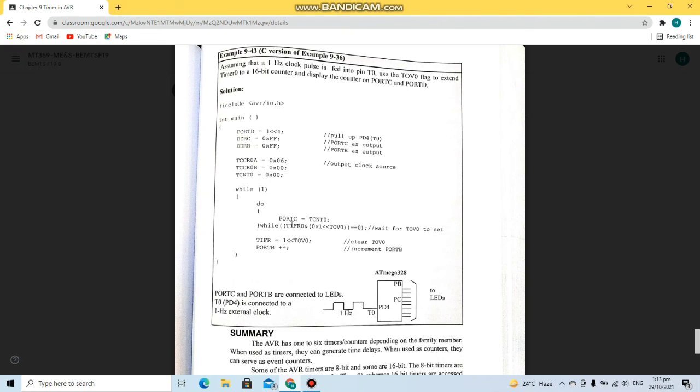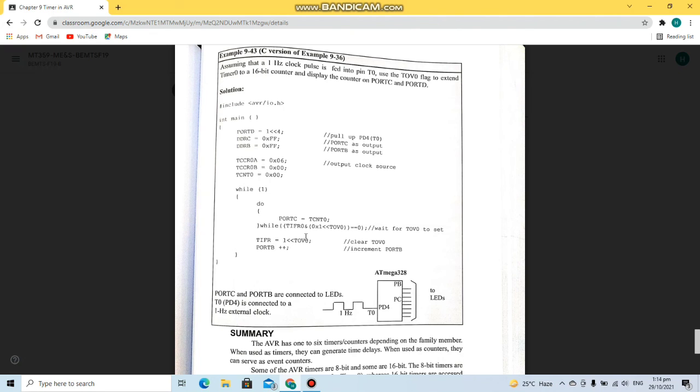So as this becomes 1, port C will show us the continuous value of the T counter, which will go from 0 then to 1, then 2, then 3, then 4. It will continue to go till 255, so basically port C will be showing all the values from 0 till 255, and then this loop will exit,